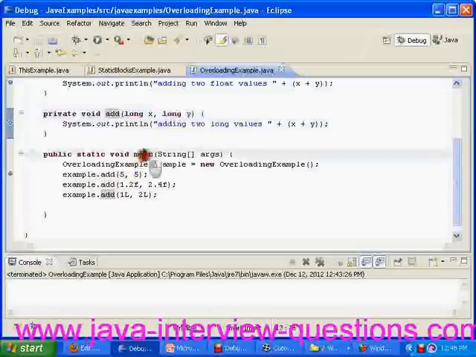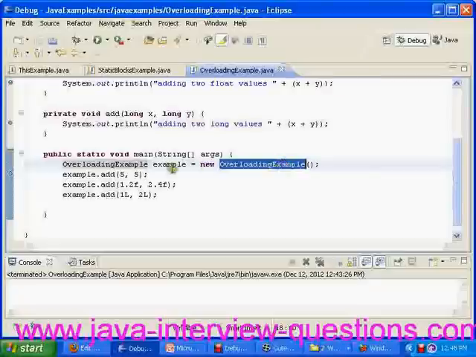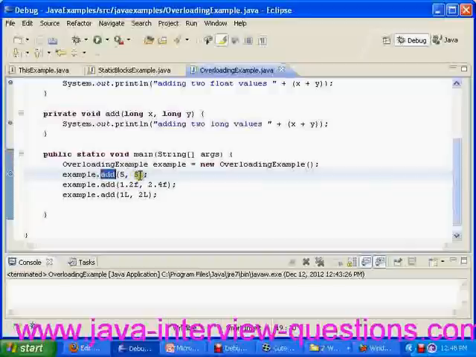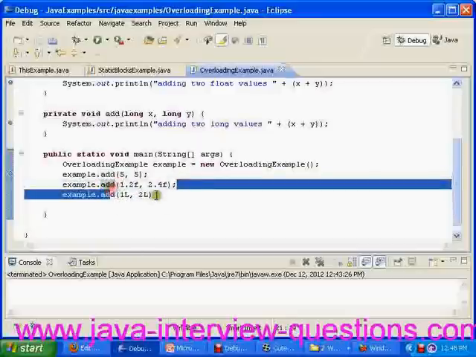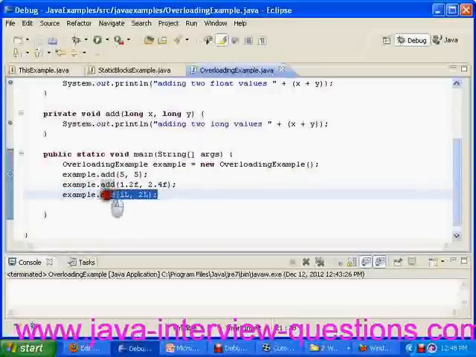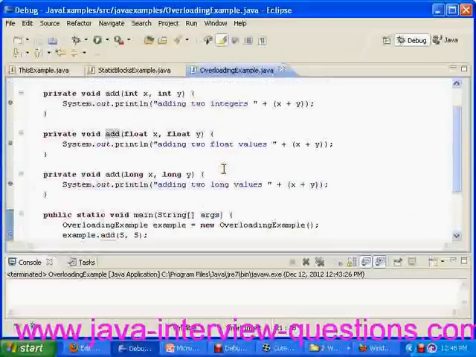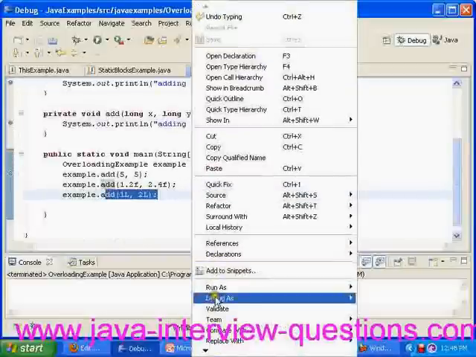And now I am writing a main method, and I am instantiating the overloading example here. First I am calling example.add with 5 and 5, then I'm calling the add method with float values, and then I'm adding long values. Let's see the flow of the program.